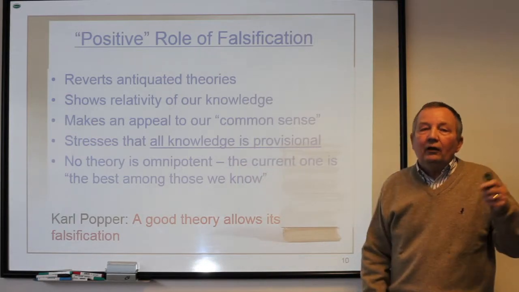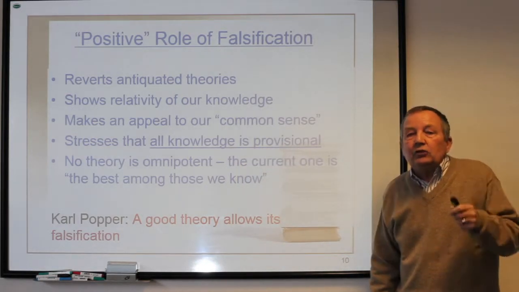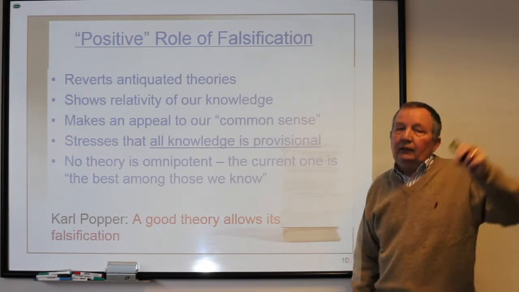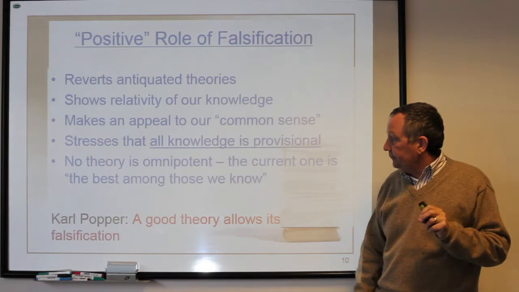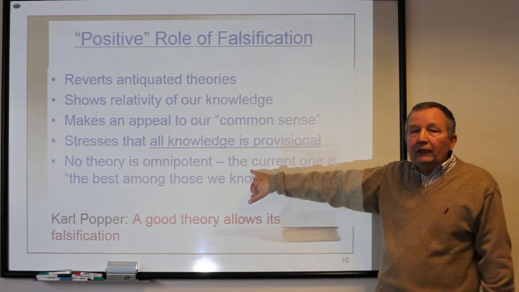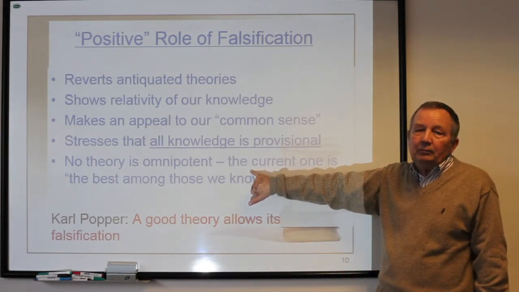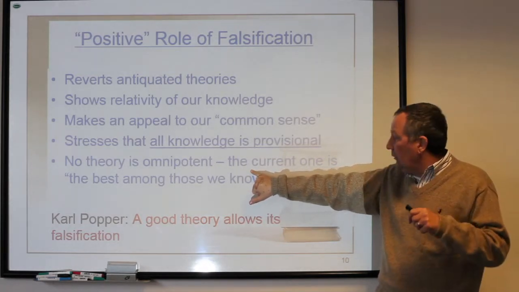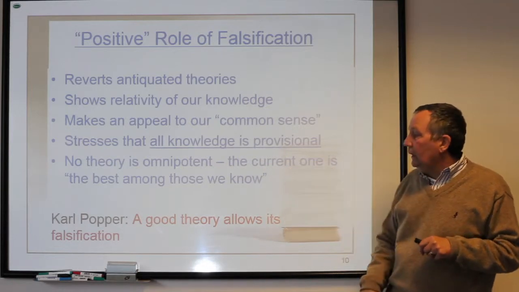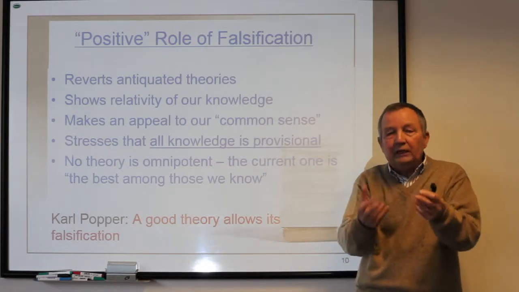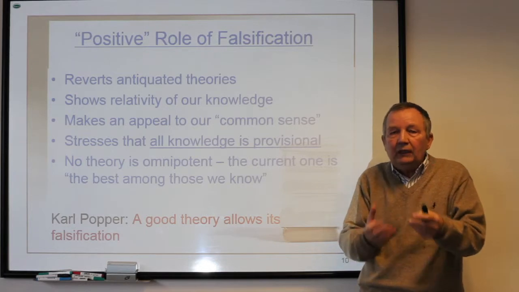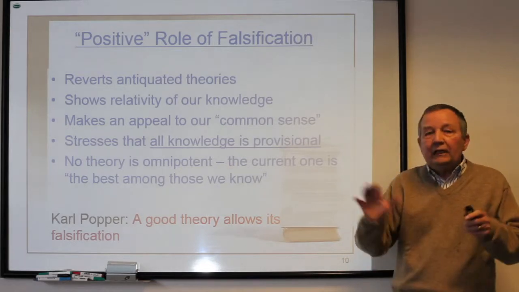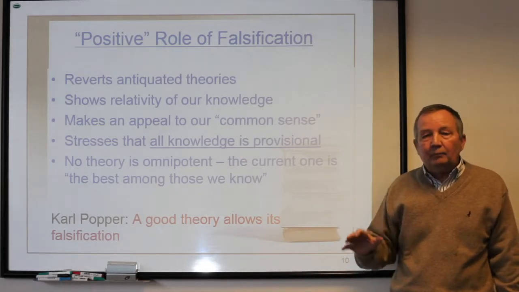And naturally, all knowledge is provisional because of its relative character and constant changes. And in fact, it also means that no theory is omnipotent. No theory can cover everything. There will be new theories, and the current one is just the best combination of everything we currently know. And the main idea, if I should refer back to Karl Popper, he said,